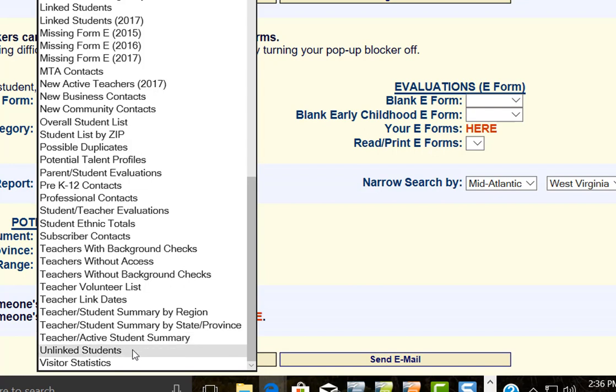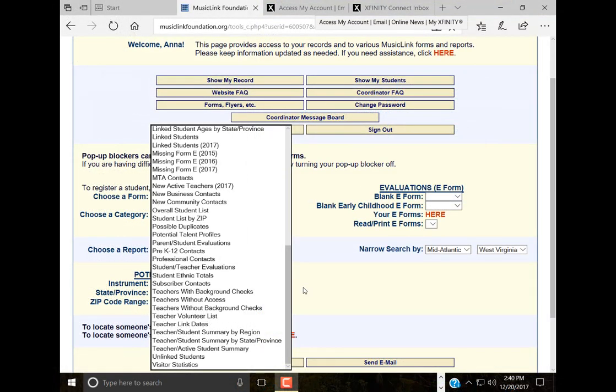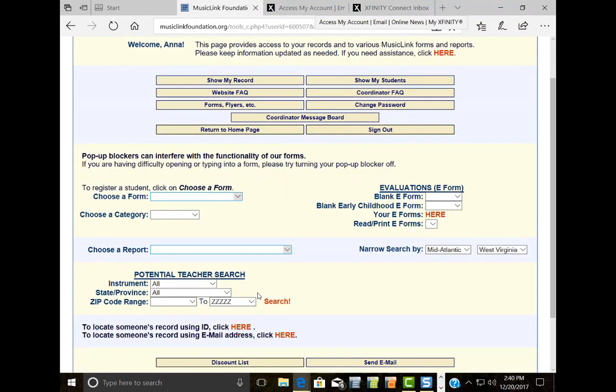Just below that is the unlinked students list. This is where you can keep track of which students are still in need of a teacher. The teacher volunteer list and the teacher without access list will give you names of teachers who are interested in teaching a MusicLink student, and also those who have taught a student in the past but are not currently active. I will let you check out the other reports on your own, and will now go further down the Tools